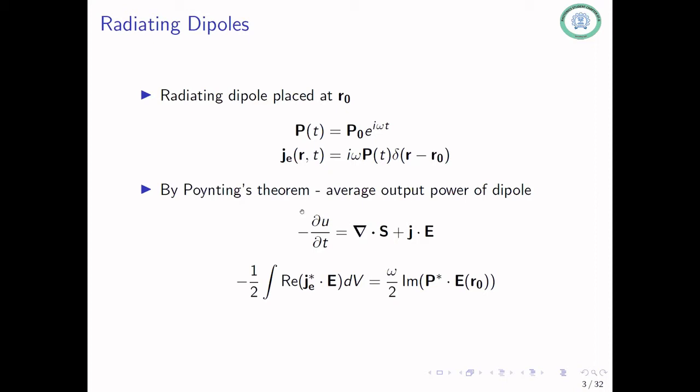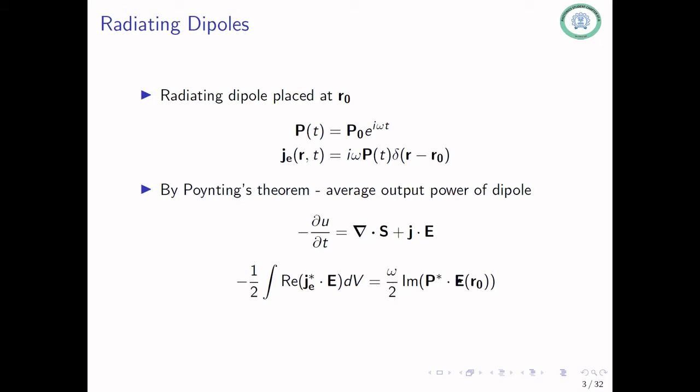When you're taking an integral over all space, you're basically taking the surface integral of the Poynting vector at infinity, so that of course becomes zero. And when you take a time average, you get this kind of expression for the total power emitted. Using this formula, you can simplify it to an expression that looks something like this. What we really see is that because there's a Dirac delta function, the only term that matters is the electric field at the position of the dipole, which is again driving the dipole and causing it to do more work.